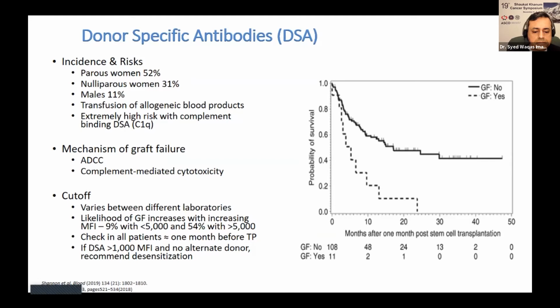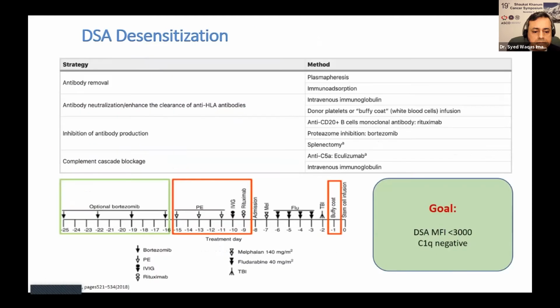Hence, DSAs should be checked in all patients at least 1 month before the transplantation. If DSAs are more than 1,000 MFI, and there's no alternate donor, then it is recommended that we should choose desensitization. EBMT has developed detailed guidelines. Some of the strategies that are used for desensitization are listed in this table. For example, you have plasmapheresis, IVIG, monoclonal antibodies, splenectomy,